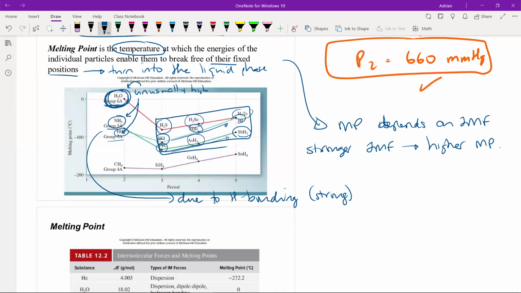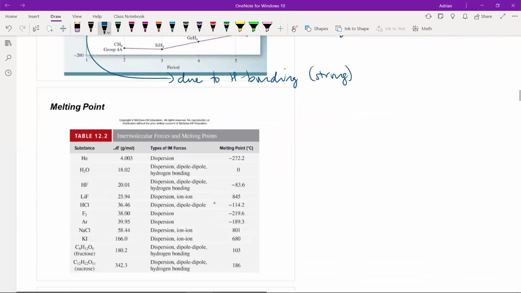Right? So the fact that you have the hydrogen bonding present between water molecules, between ammonia molecules, between hydrogen fluoride molecules, make them stick together a lot stronger. And as a result, to separate them, you need a lot more energy. And as a result, the melting point is going to increase. And we see a general trend